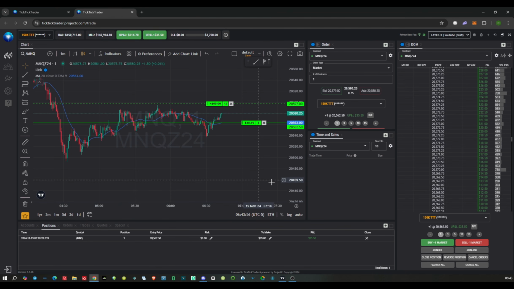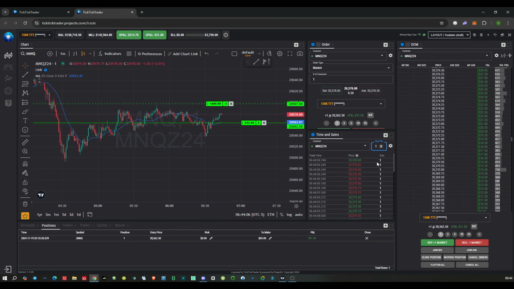This is just a quick rundown of things I find sometimes difficult to find in the platform. You can also filter your stuff here. Sorry, I didn't mention that. So there's a couple of things we can talk about, and if you guys want to know how to trade